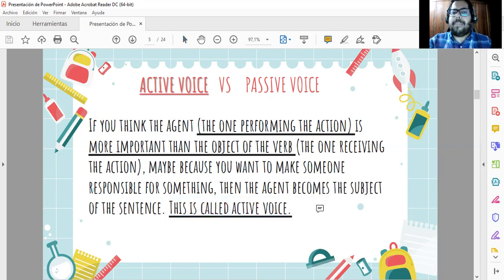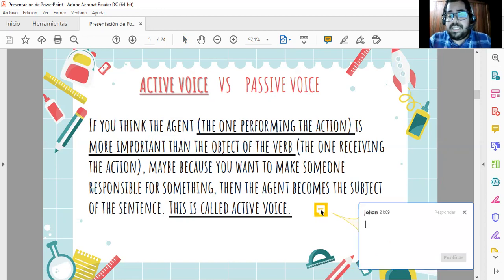Well, let me give an example because this is the normal structure that we use, guys. I bought, for example, a ticket, right? I bought a cell phone, guys, let me write it here. Take a look, guys. In this case, the one performing the action is me, right? I am performing the action. Teacher, what action? Well, the verb, guys. It is here: bought. So I bought a cell phone. It means that I bought it, right? And I want to emphasize here that I did it, that I bought the cell phone.